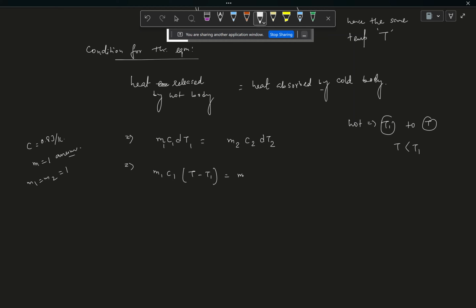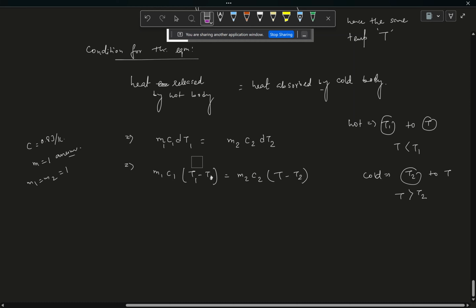And the other case is m2 c2, and in this case the cold body will be going from a temperature of T2 to a final temperature of T, where the final temperature will obviously be greater than the initial temperature because it absorbs the heat. So then it becomes T minus T2. But because you have to take care of the sign, and T minus T1 makes it negative, so to take care of that we just take a positive change in temperature, so that is just T1 minus T,